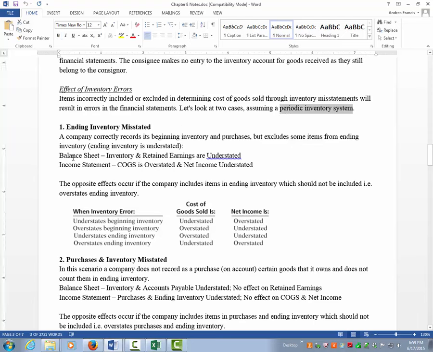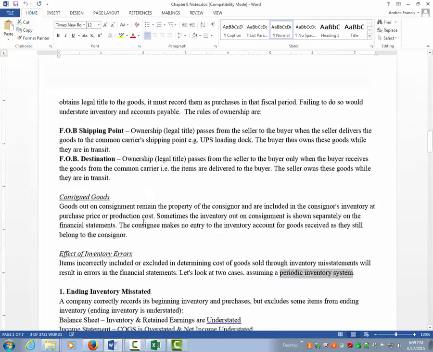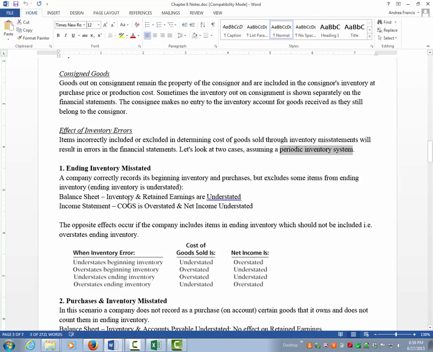That means that the company is not updating its records as it buys and sells inventory to account for cost of goods sold. It is just recording purchases as it goes along, and at the end of the year, it will calculate cost of goods sold, just like what we were demonstrating up here. So looking at the ending inventory misstatements,